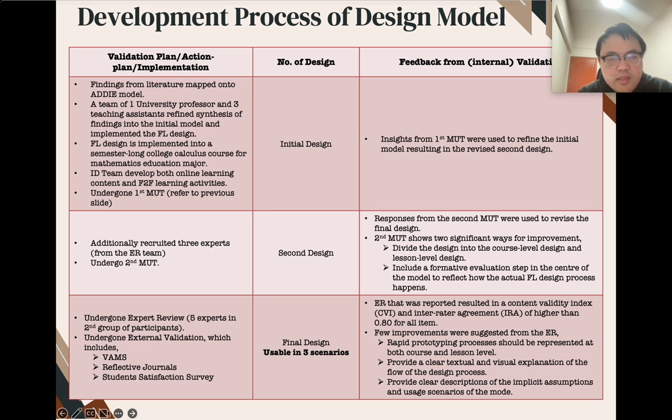The second significant way to improve is to include the formative evaluation step in the center of the model to reflect how the actual flipped learning design process happens. So after the second MUT, the final design is being